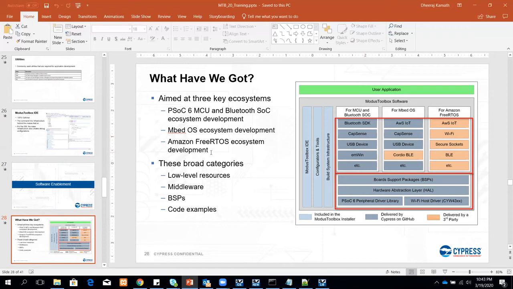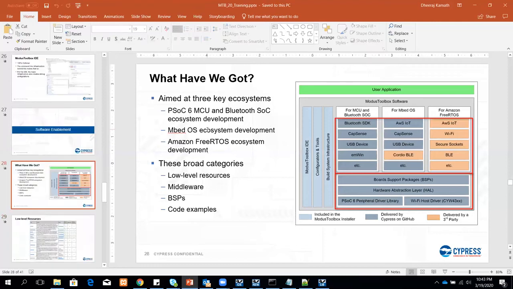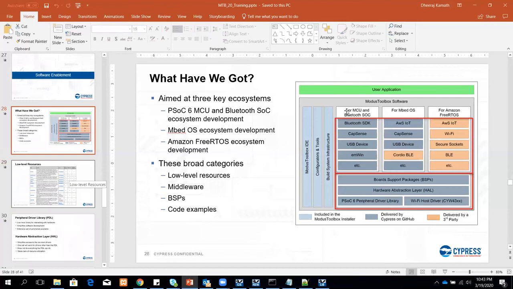As I mentioned already, we have 3 different ecosystems now, and to give you an idea about how the support is on all 3 ecosystems, I have classified our software into these 4 categories: the low-level resources, the middleware, BSPs, and code examples. We'll see how many resources are available on these particular ecosystems.